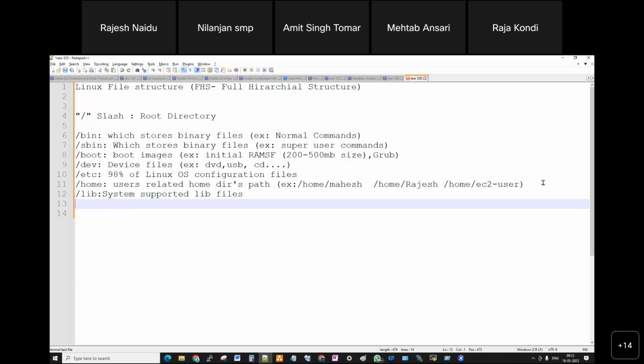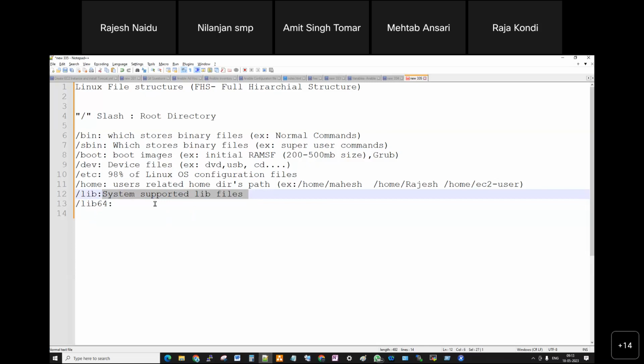Then only the job will get executed. These library files are of two types, /lib and /lib64. Any 32-bit related work will run on /lib, and any 64-bit related work will run on /lib64.